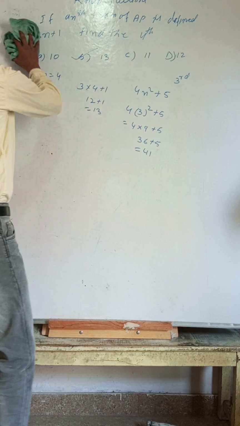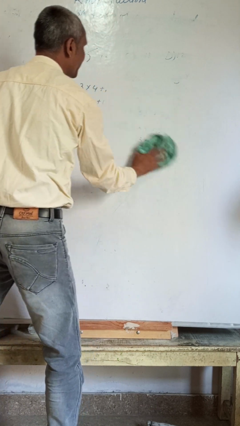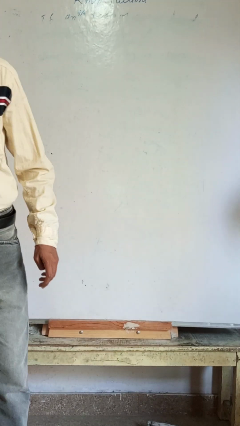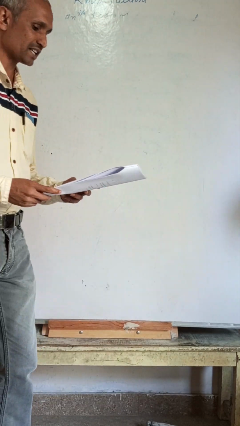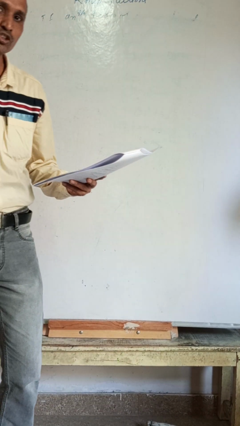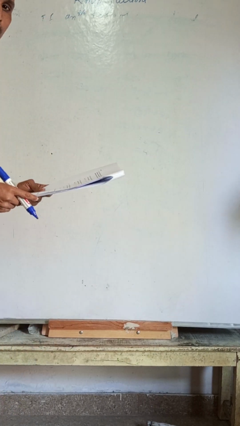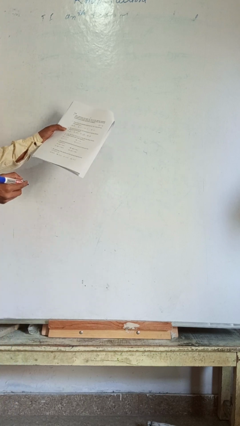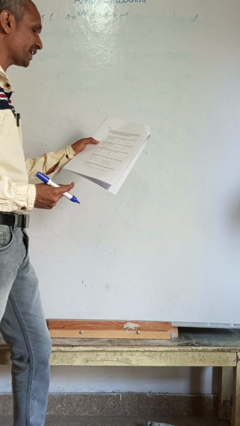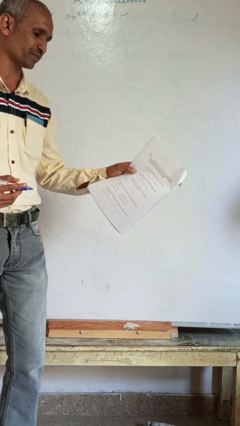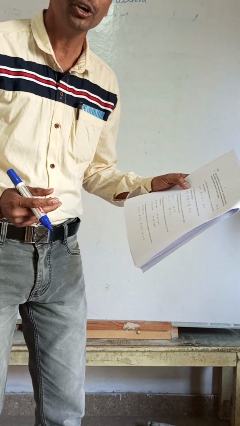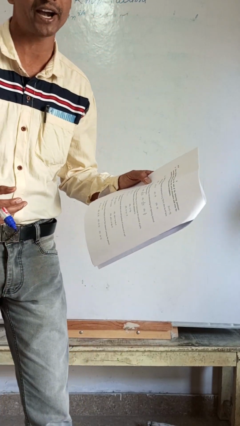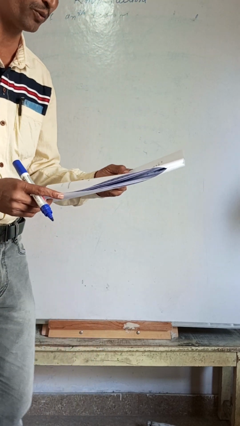Now we are going to question number 2. This is the question paper of KSEAB, Karnataka Secondary Education Assessment Board. It is given as the model question paper released for 2022-23. Question number 2. If you want the question paper, you can go to my Telegram channel, Roni Tuitions, and you can find all model question papers there, in PDF form.